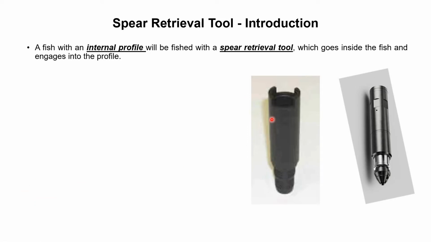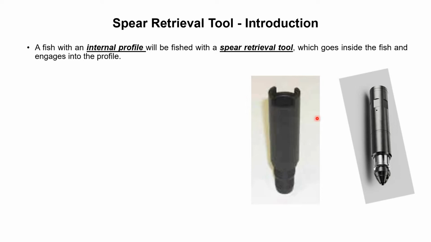This fish neck is an internal fish neck, and this is the fishing tool. If we want to remove this fish with this particular fish neck, what we'll do is run this tool. This tool will go inside this fish neck and will engage the fish